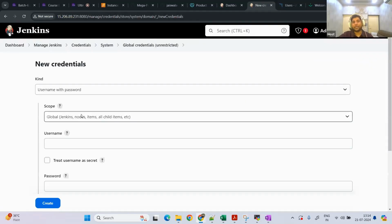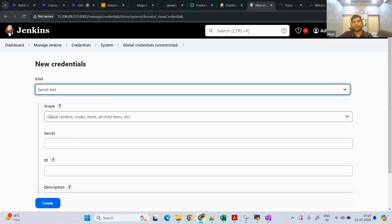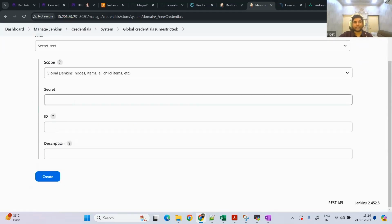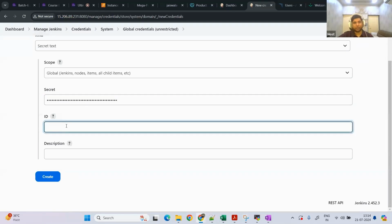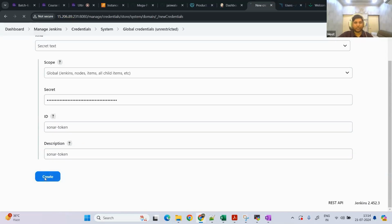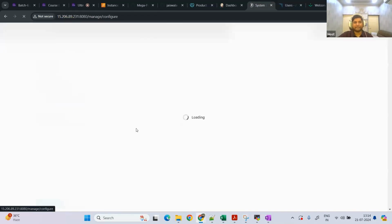That means the token is a kind of secret text. Here you need to select the kind. You can see there are multiple options. We have selected secret text, so we'll paste our token here and provide a name, let's say sonar-token. Make sure that you change the ID, because by default if you don't change it, it comes as very complex numbers. So just change it as per your own. I have written SonarQube token and click on create. The token is configured. Now we can go back to system,